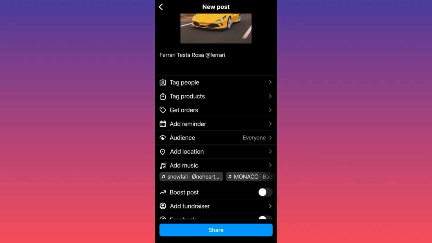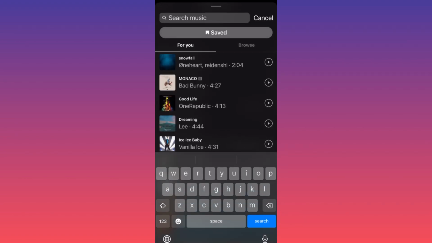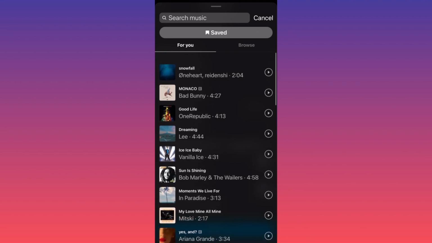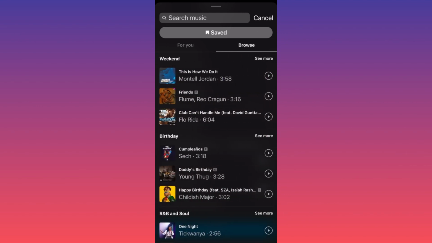You want to include the music. Well, this is the option for the music. You want to click add music. This is the current trending songs. You might not find anything you like. All you gotta do is swipe to the left, and this is where you're gonna find everything broken down